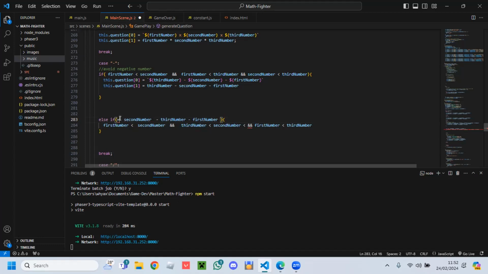Just cut the block, this one, Control X. Which one? Yeah, that one. Then to here, inside that one, inside the brackets.